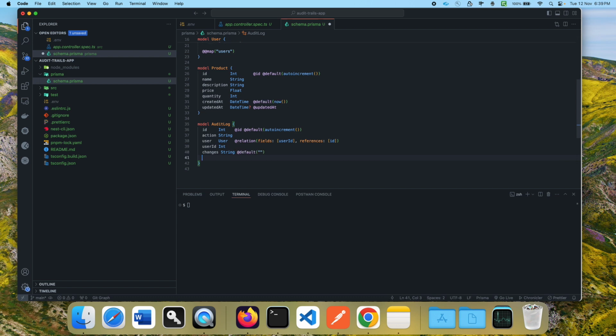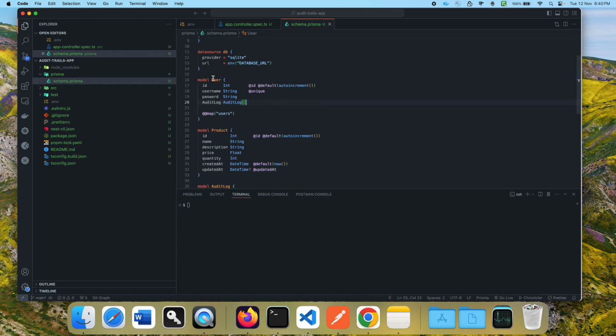What we can do next is createdAt, and createdAt, as we saw earlier, is date and time, with default now, and we will not have updatedAt, as we cannot update an audit log. So this user has